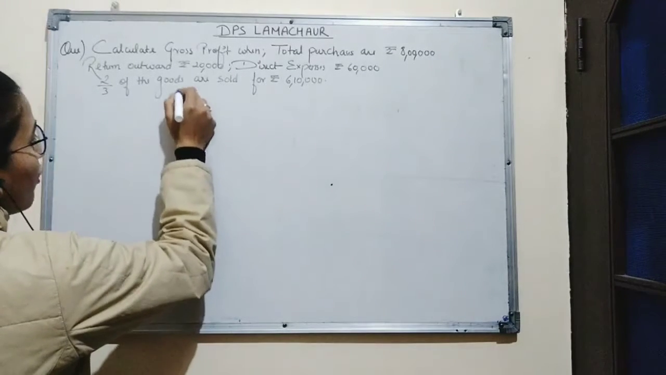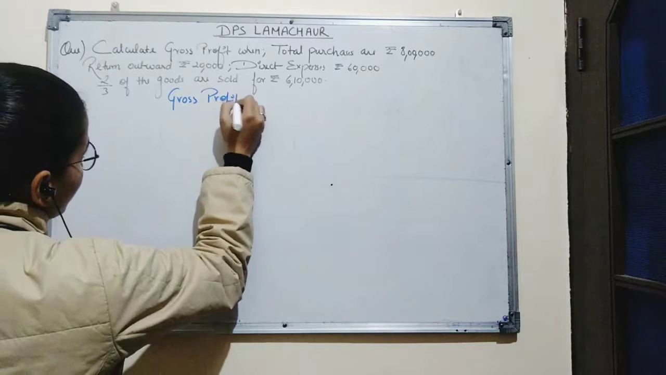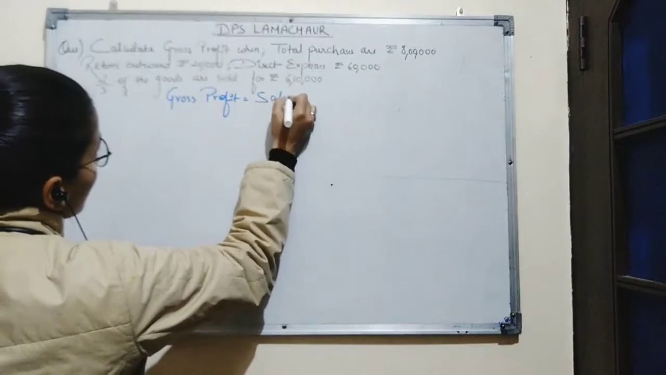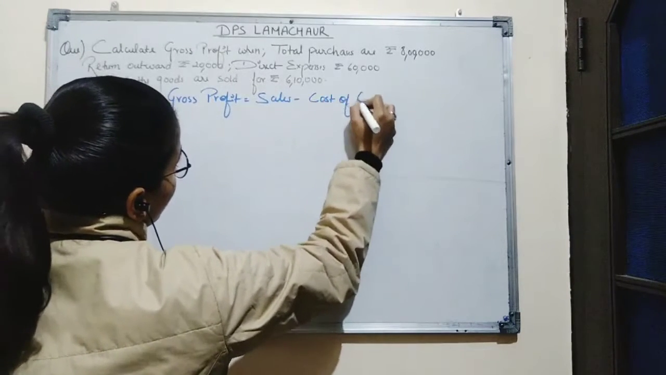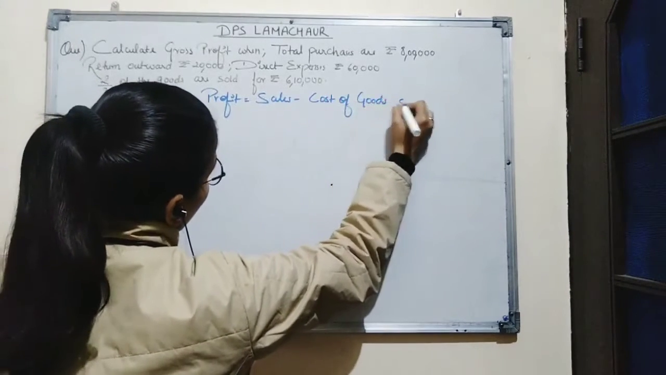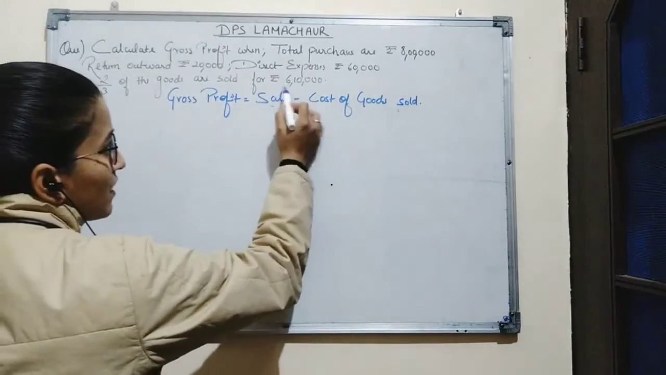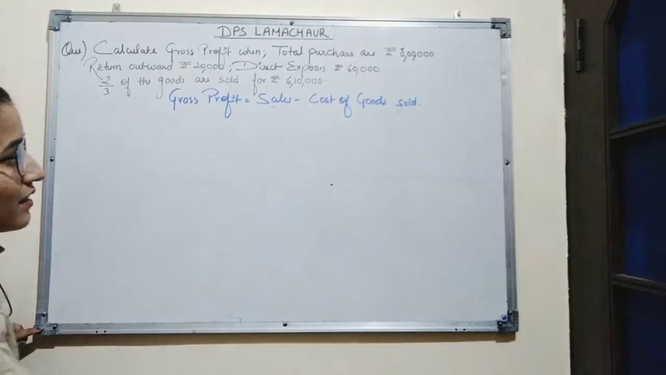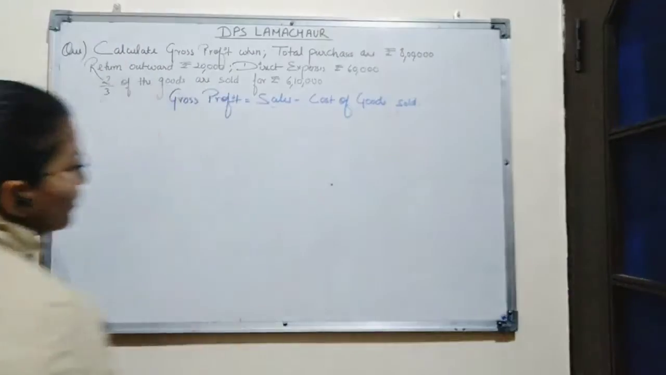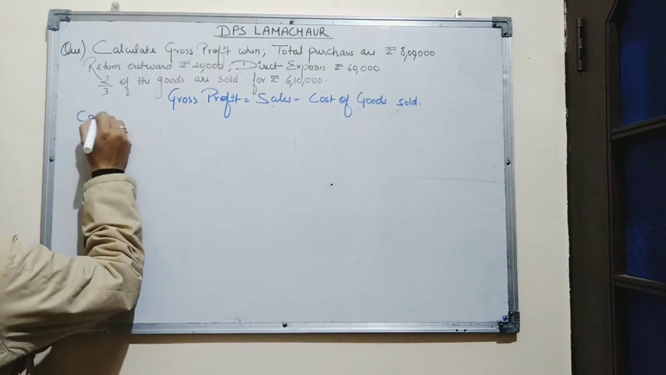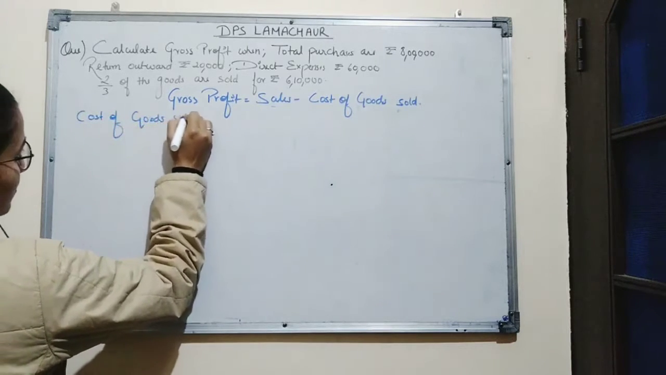As we know, formula of gross profit is sales minus cost of goods sold. So the amount of sale is given in the question, rupees 6,10,000. First we will calculate cost of goods sold. Formula for cost of goods sold is